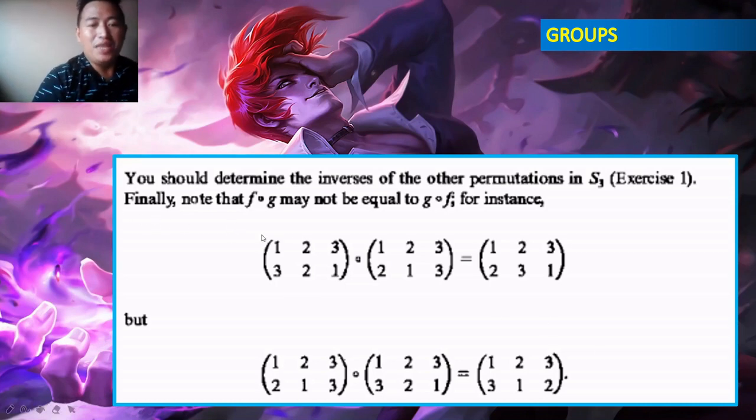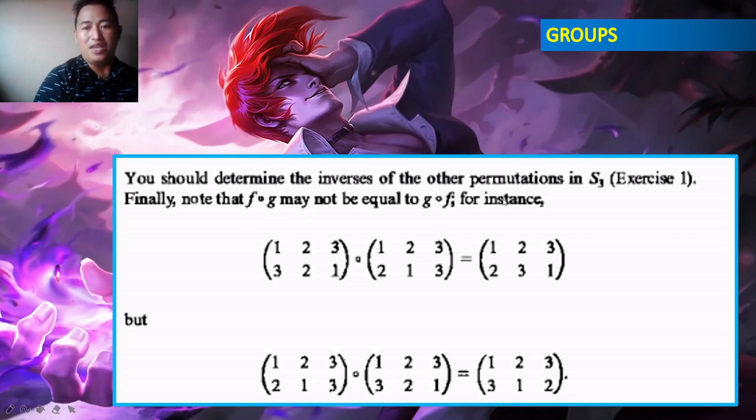So, finally, note that F compose G may not be equal to G compose F. Okay, so, actually class, kani siya class nga example na dahil nato class kay dili siya abelian nga group kay satisfied naman niya to nung closure, associativity, ng identity nga I, capital I, and then napod tay inverse. But class, not all sa elements kay dili siya pwede mabali o F compose G may not be equal to